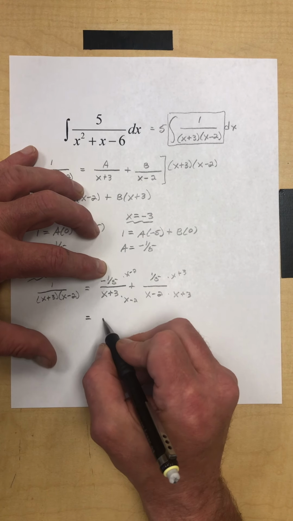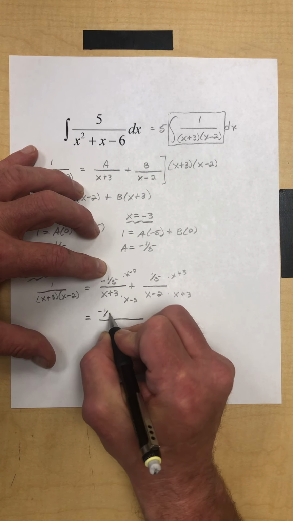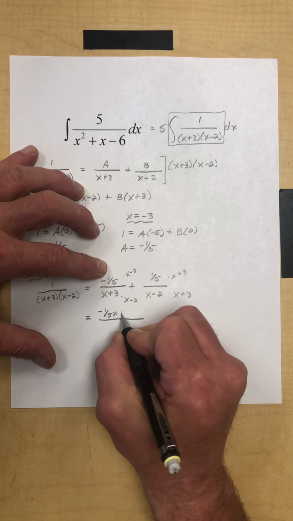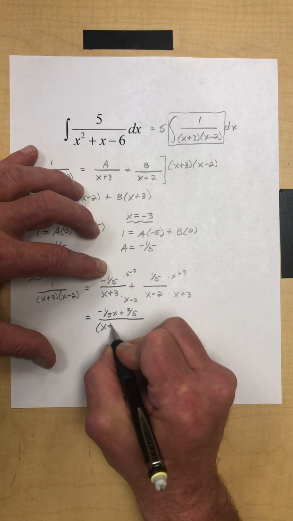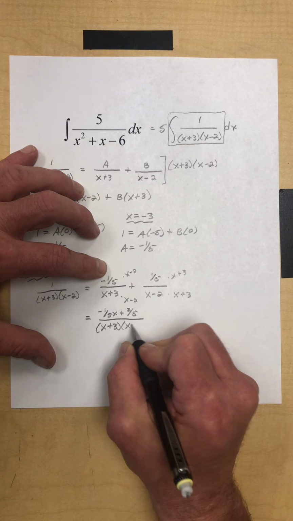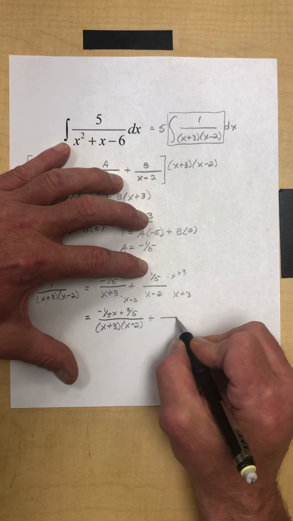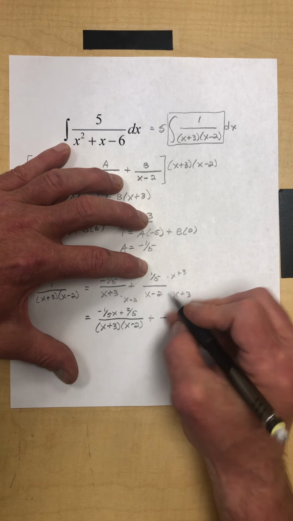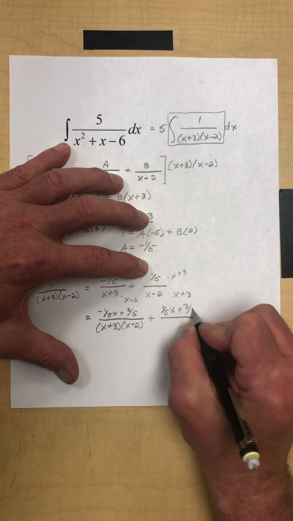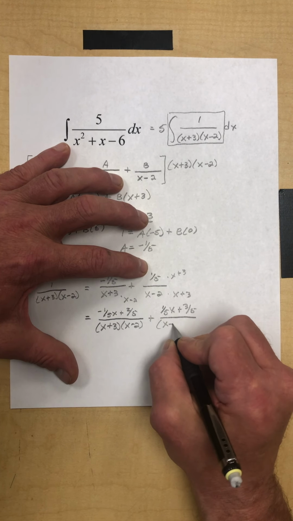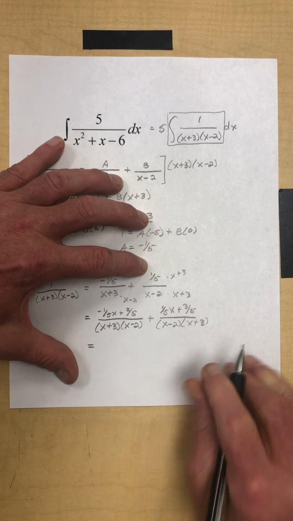So up here, I'm going to get a negative 1/5 x plus 2/5 all over x plus 3 and x minus 2 plus, right here, I'm going to get 1/5 x plus 3/5 all over x minus 2 and x plus 3 equals, let's see,